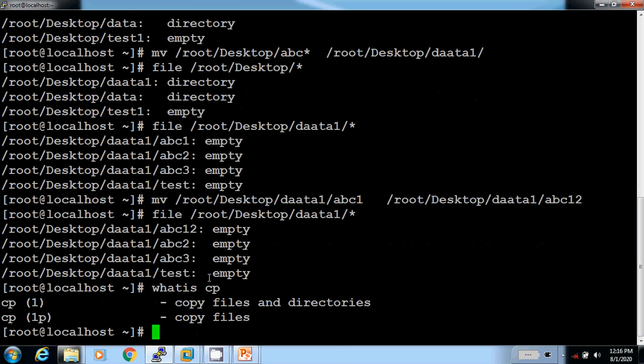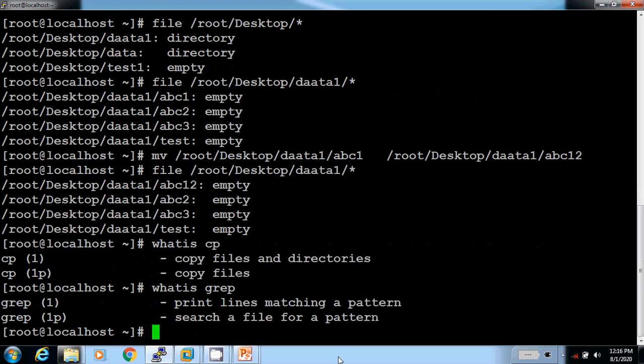It shows a description: cp command is copy file or directory. If you want to check whatis grep, it shows print lines matching a pattern, search a file for a pattern.